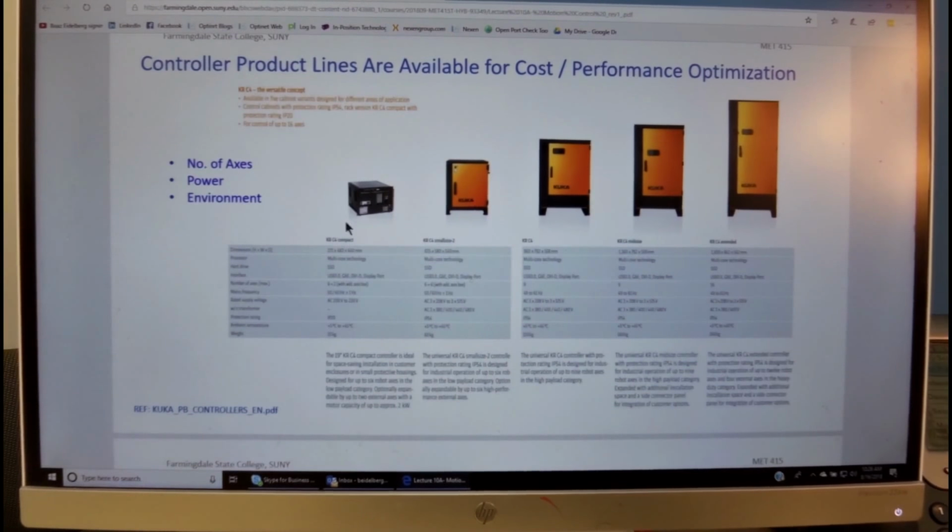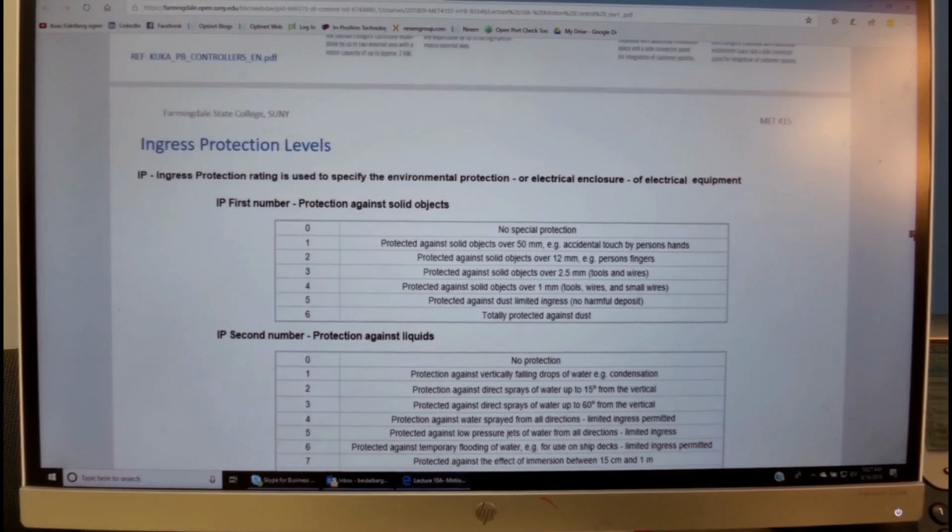Here's an example of a 6-axis, and over here we have a 16-axis. So you see that the number of axes, of course, affects the size of the motion controller and its integrated servo drives, and then the environment protection is also a factor of the size.